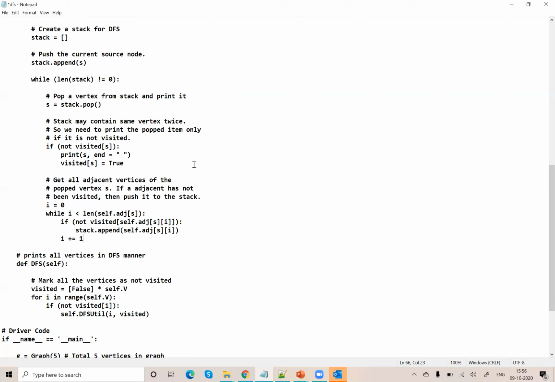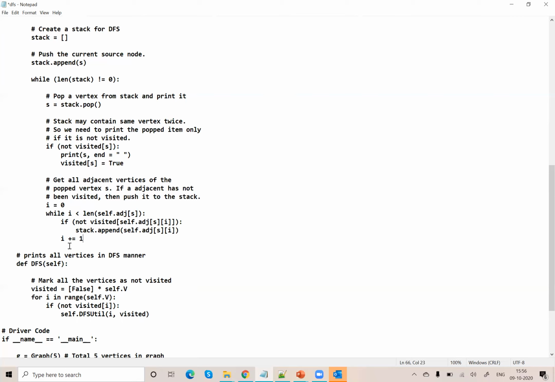So in DFS, once the root node is visited, then I have to go to the left child of that, and it goes up to the last leaf node of the left subtree. Then finally it backtracks and starts visiting the other nodes.